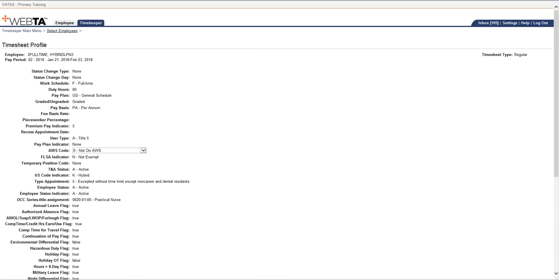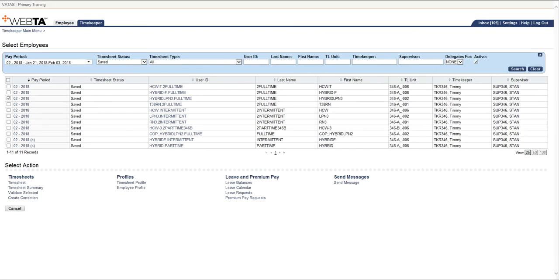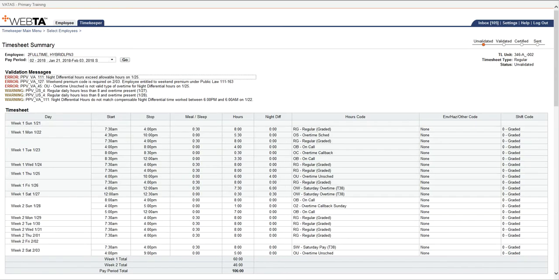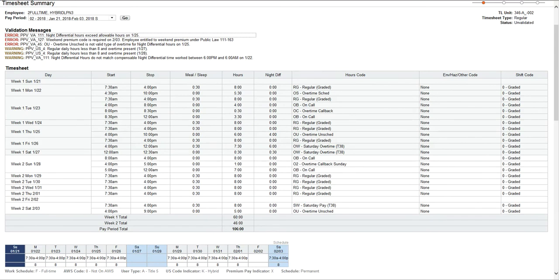So let's go ahead and actually look at the timesheet for this employee. I'm going to show the timesheet summary so we can see the entire timesheet all at once, along with the errors and warnings on there. Now this first one is talking about the night differential hours on the 25th. And there are actually two errors for this one. There's that one, and then there's the other one saying that